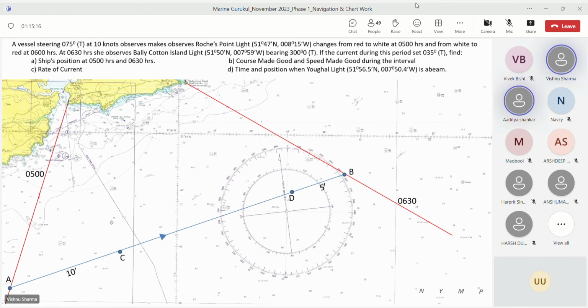Okay, now put your parallel ruler on first PL and transfer it through C. After that means 1 hour engine distance you marked, transfer the first PL through it and mark it with double arrows. Usually I mark them with broken lines so that they are not confusing me, but it's up to you. There's no hard and fast rule. So what have I done? I have transferred the first PL through C. Likewise, transfer the third PL through D.